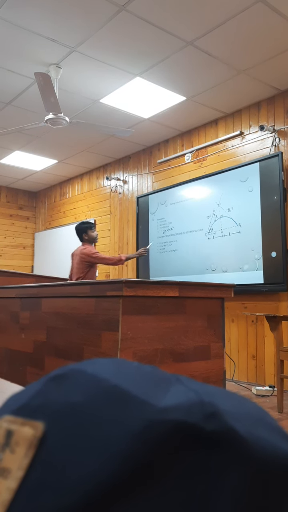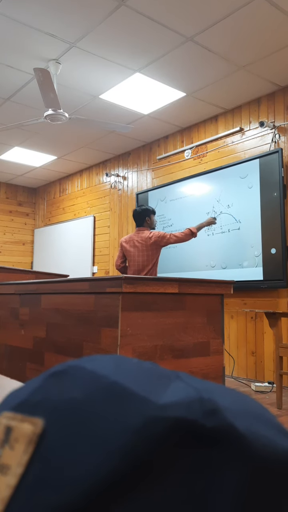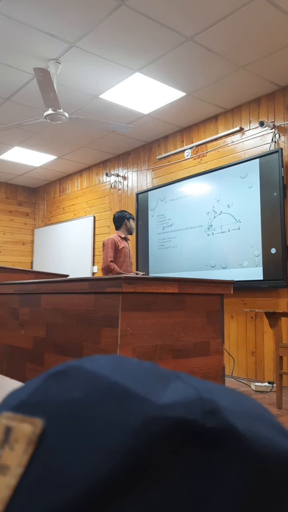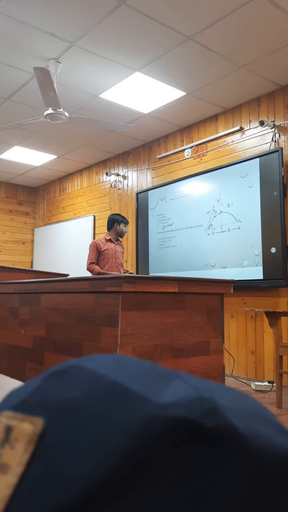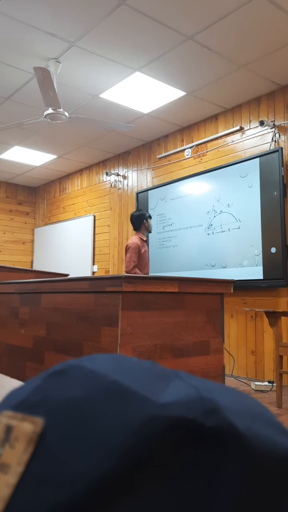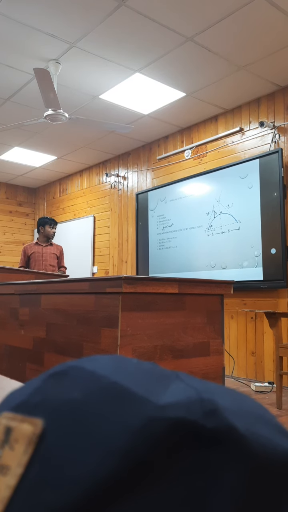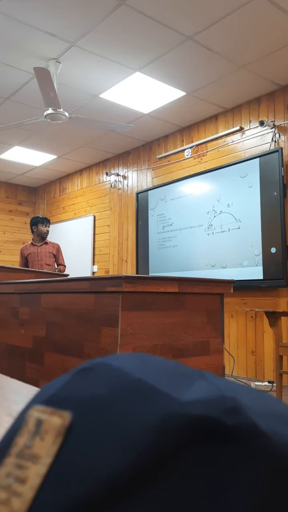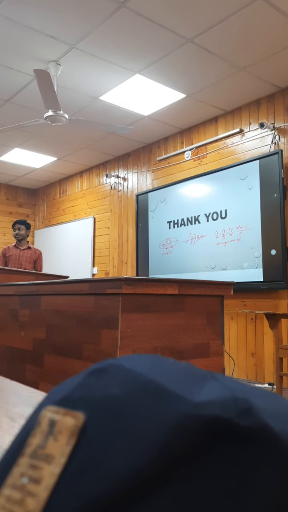Since this is all perfectly symmetric, T1h is equal to T2h. This entire vertical curve is purely symmetric, and we set out this vertical curve by using the concept of relative level. We find the reduced level of the point I, and by using the concept of benchmark and reduced level, we calculate the entire reduced levels and set out all these vertical curves. Thank you.